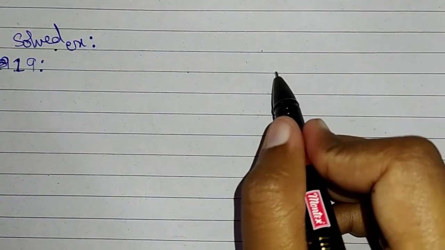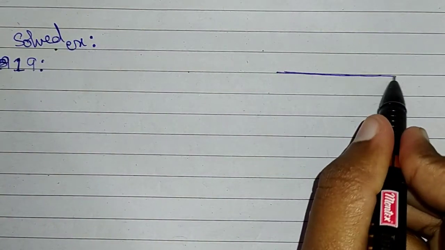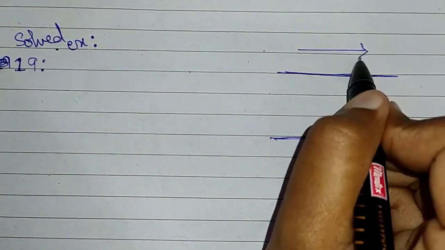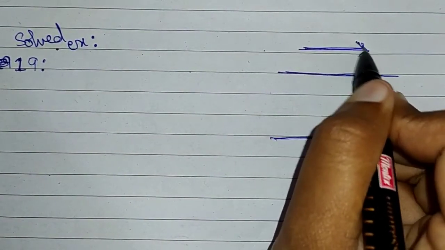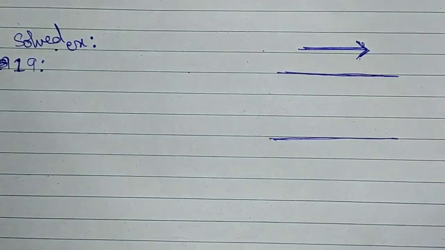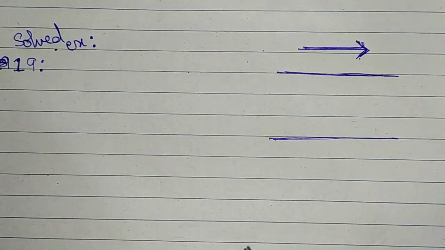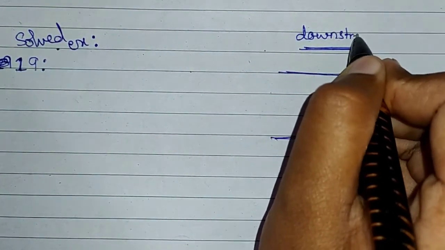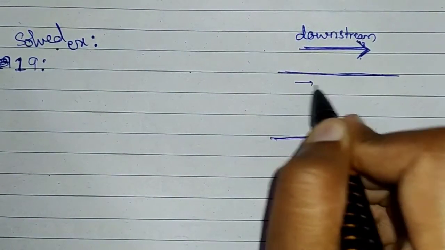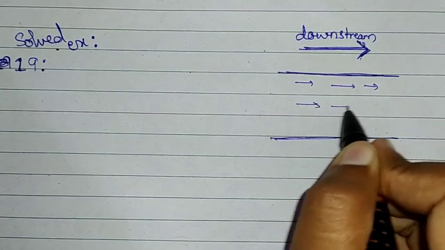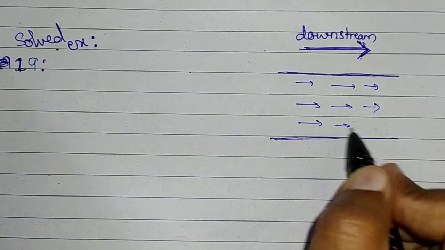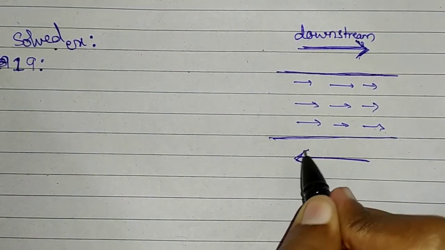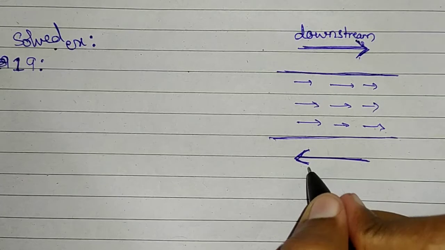If we have a river which is flowing in this direction, then anything which moves along with the direction of the river is known as downstream. Whereas if something moves opposite to the direction of the flow of the river,